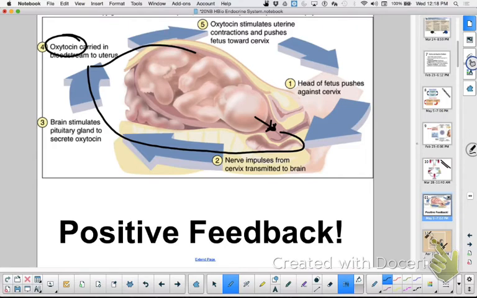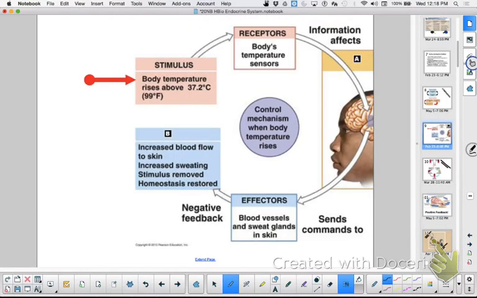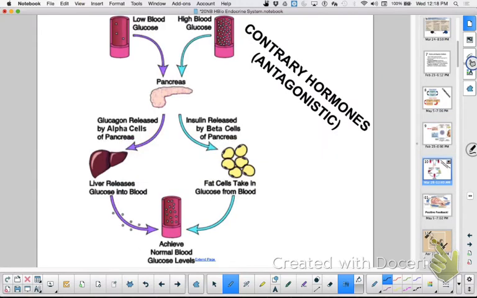So that was positive feedback. Negative feedback, you're trying to keep something at a set point, like your temperature of your body, 98.6. So you're either going to do heating things or cooling things that are going to keep it right at 98.6. That's negative feedback. So we had positive feedback, negative feedback, but we also talked about contrary hormones like insulin and